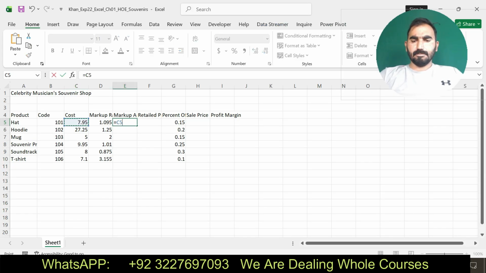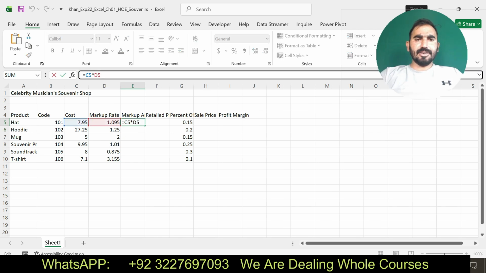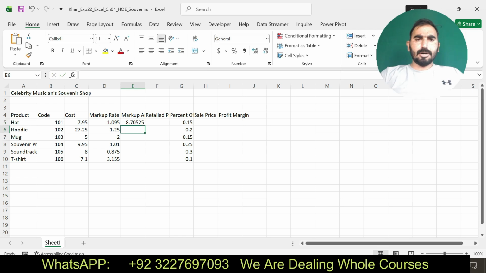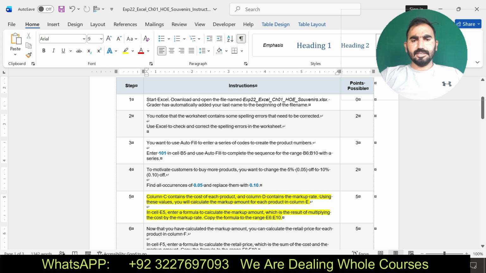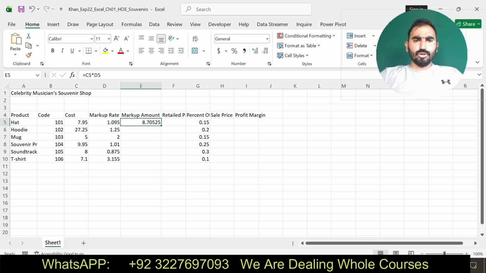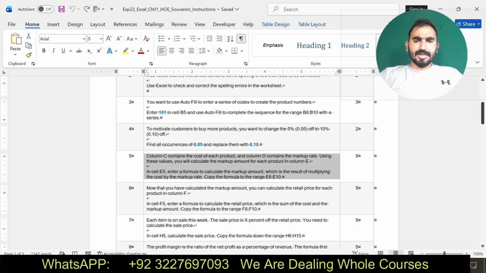Cost multiplied by markup rate, and by multiplying the cost and markup rate I have found the value for the markup amount in cell E5. Now it says copy the formula to the range E6 to E10. I am going to copy the formula. I have found this. Okay, now I am going to move to my next step.